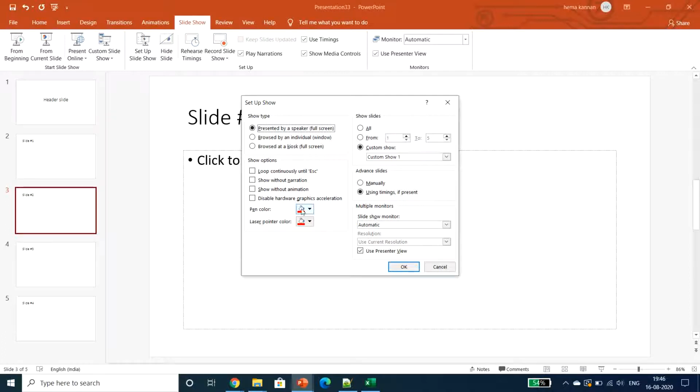particular slide. Then if you are going to use a pen color, the color can also be chosen here, or laser pointer color can be chosen here. Then show without narration or show without animation. So for most of the slides,